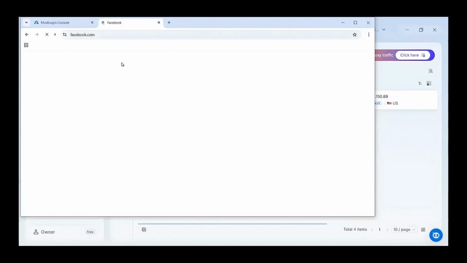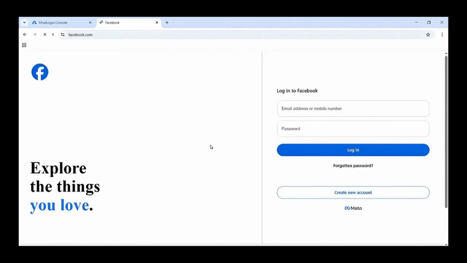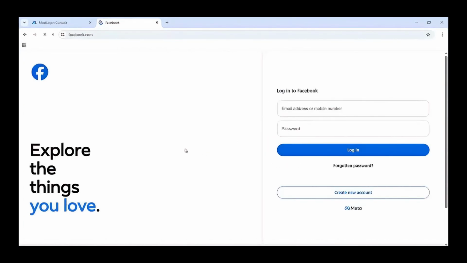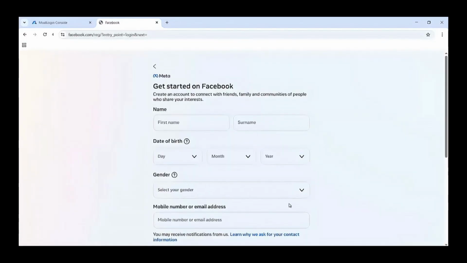Now automatically you get to see that our Facebook website is opening up. So this is the Facebook website. So now what we're going to do is to create a new account right now. So I'm going to click on create new account. Now once I click on that, it's going to open a new tab where I can fill in my information. So I'll start with